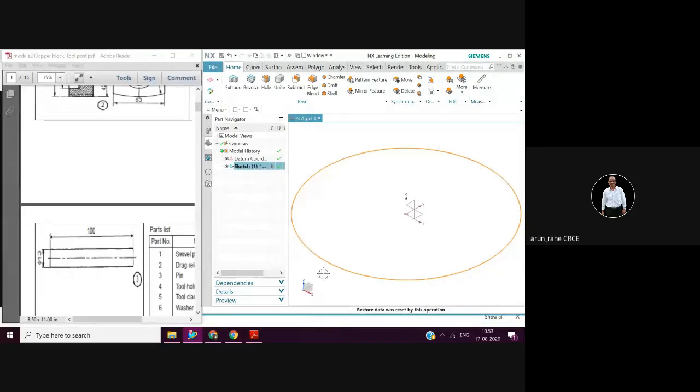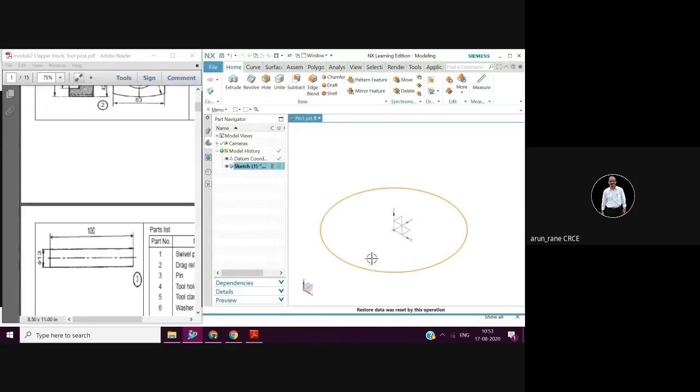And then either you can go for Control F or you can go with the middle button, the roller button. Zoom in and zoom out. If you are buying a mouse, you should select a mouse like this. It has a left button, a right button, and you should have a roller button also, because some mice don't have a roller button. So with the middle roller you can zoom in and zoom out. This is one thing. And with Control F you can fit to page.